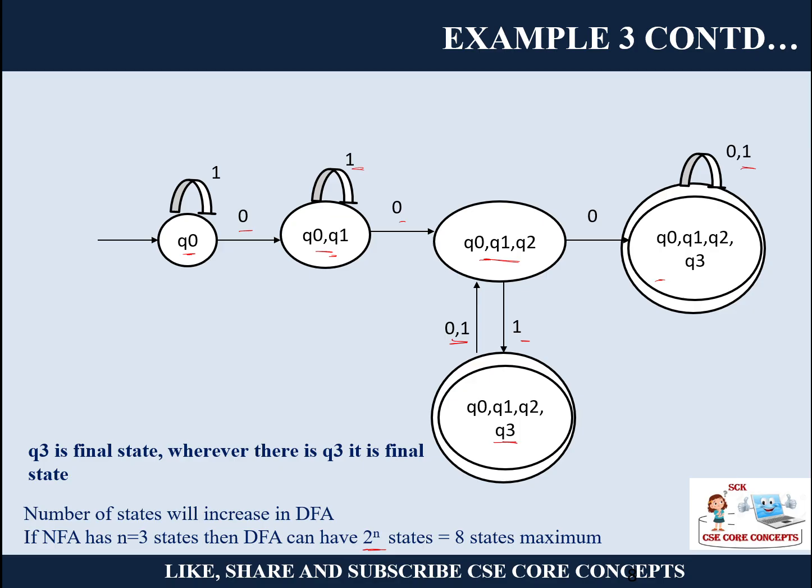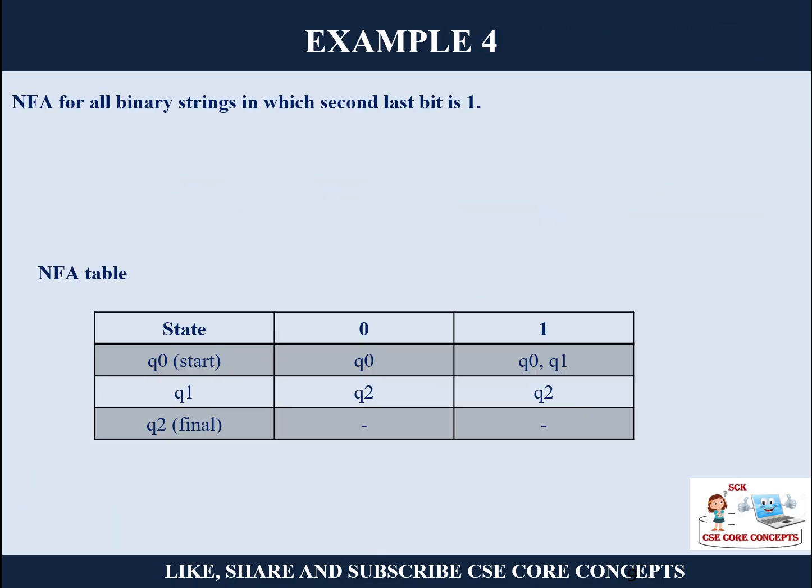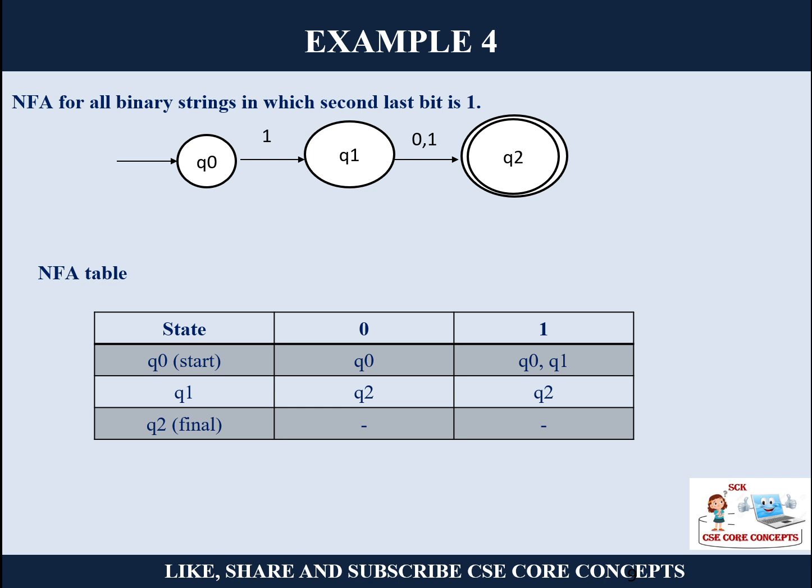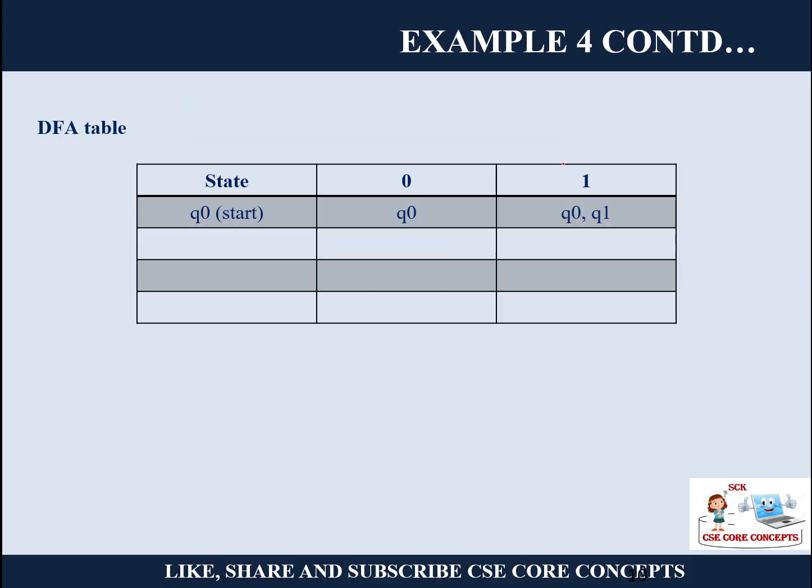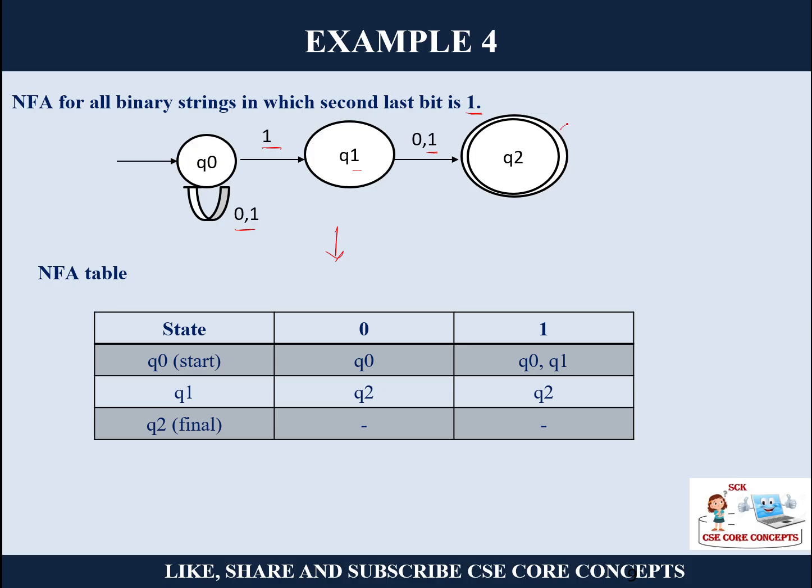2 cube, right? So let us create an NFA for all the binary strings in which the second last bit is 1. Okay, so let's draw the NFA. Then you can derive this transition table, right? So you have drawn this NFA for binary strings where the second last bit has to be 1. Here you can see, before that you can have any number of zeros and ones, but the second last bit should only be 1. And then you go to this, and here also anything can be there. Since it is an NFA, we have not focused here.